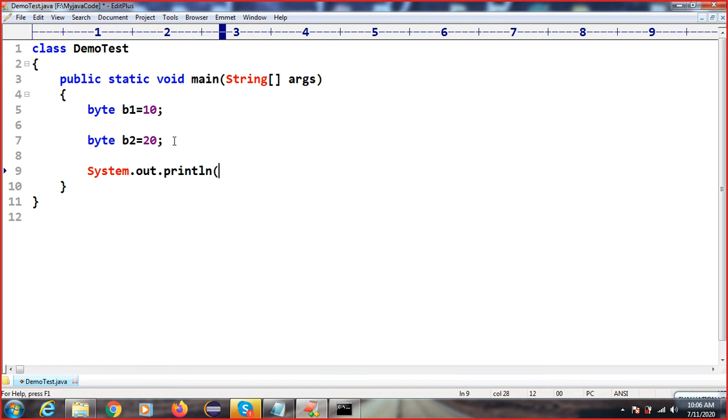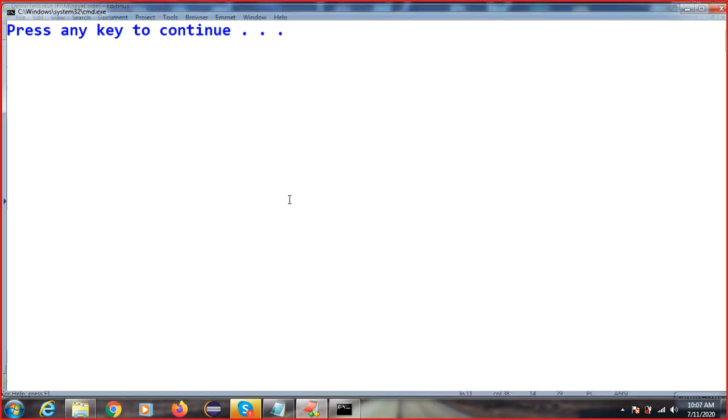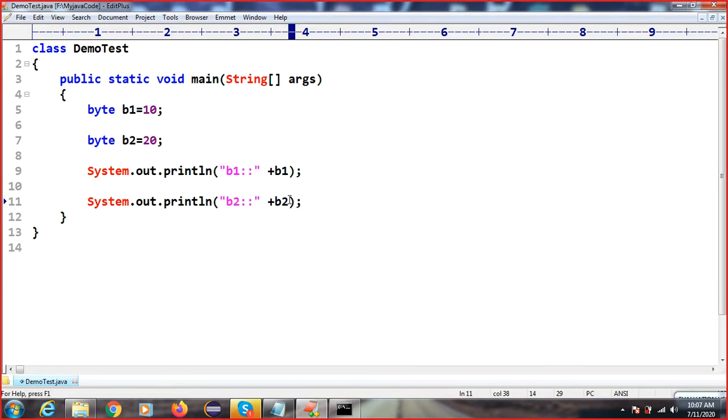Now I'm going to print these values, first b1 and then b2. This is the simple way we are storing variables inside these. If you compile, it will work fine. It's compiled and executed.